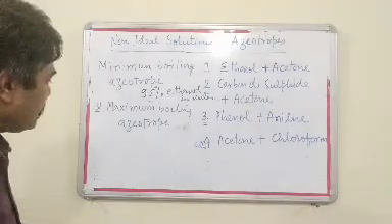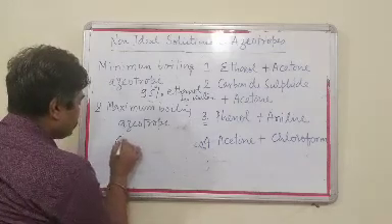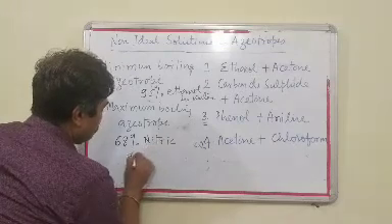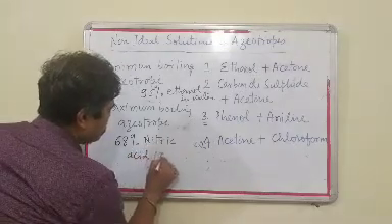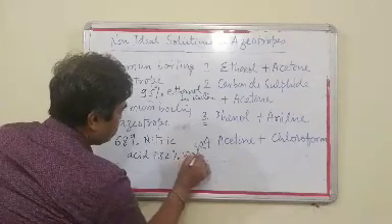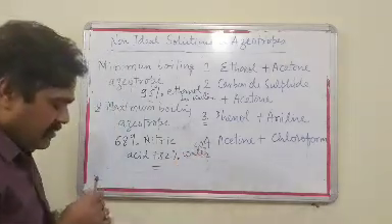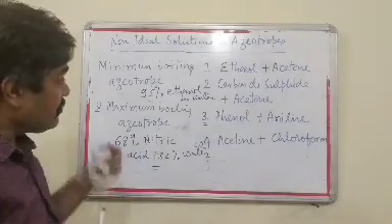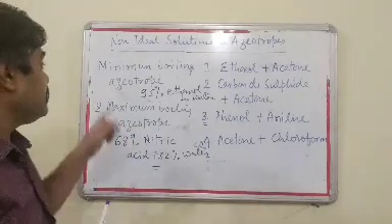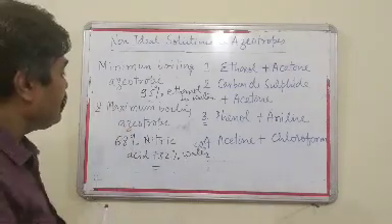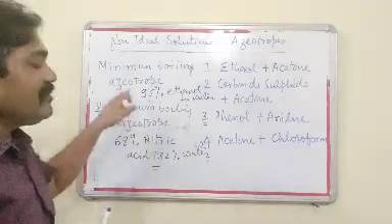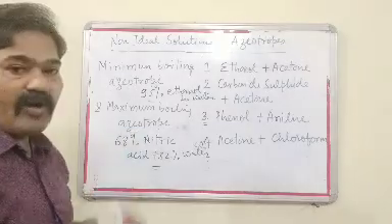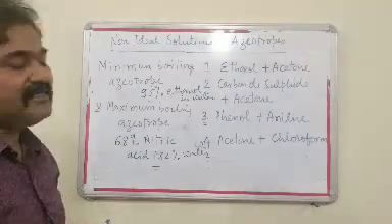Okay, a good example may be taken, that is 68% nitric acid plus 32% water. This mixture behaves like a maximum boiling azeotrope. And another good property of the azeotropic mixture is that they cannot be separated with the help of fractional distillation. Why? Because they boil at constant temperature, and this boiling is the basis of fractional distillation.